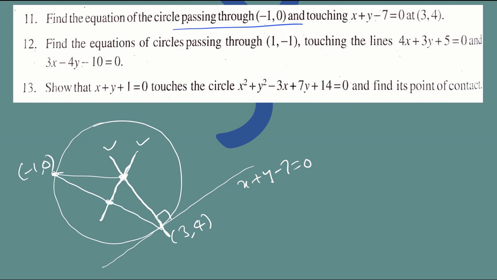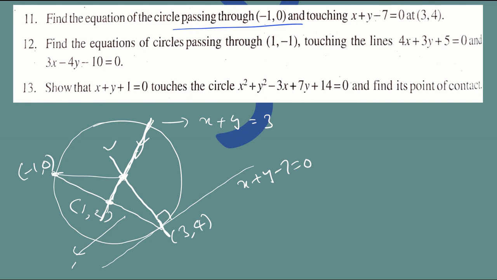You can see that this point is nothing but the midpoint of this chord. So I have it as x1 plus x2 by 2 comma y1 plus y2 by 2, and its slope is nothing but this line's slope I am talking about. It is 4 by 4, that is 1 is the slope. So its slope is nothing but minus 1. So its equation is nothing but x plus y is equal to 3.